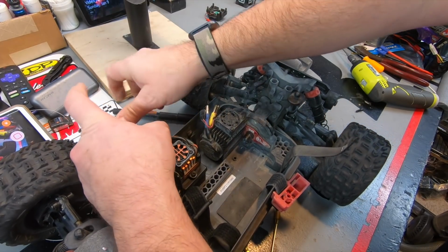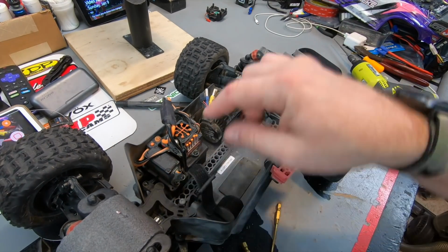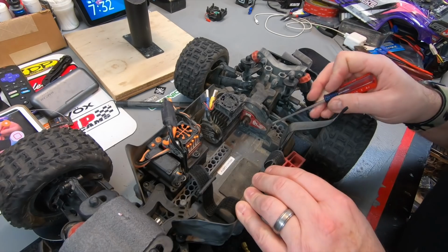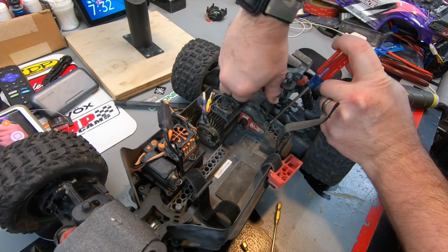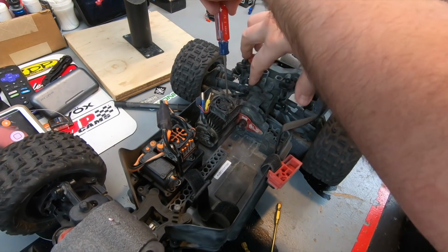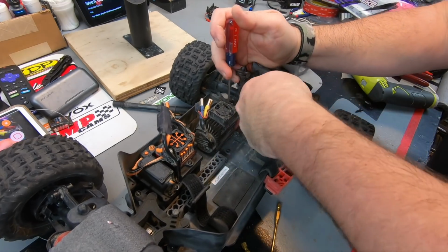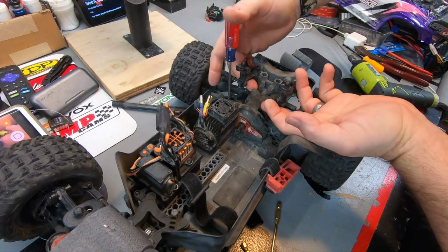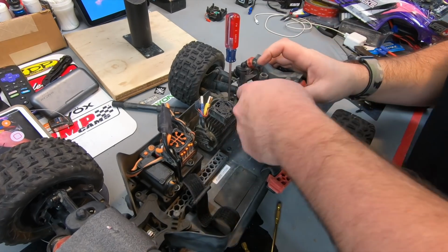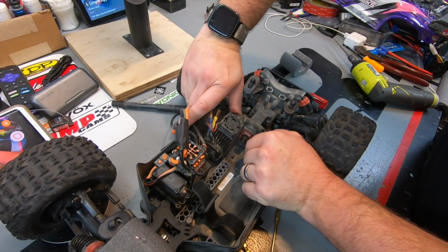At least now this stuff will be out of the way to get my fingers in there a little bit better to release this module, which I forget. Like I said, I want to say this is the power module, and this is, I don't know, the other module. So I'm going to get a screwdriver and get it in there ready to wedge it out. That actually did wedge out a little bit. Like I said, it's a little bit more difficult with this style just because of where these body things are. So I'm going to get in there somehow. There we go. That kind of came out